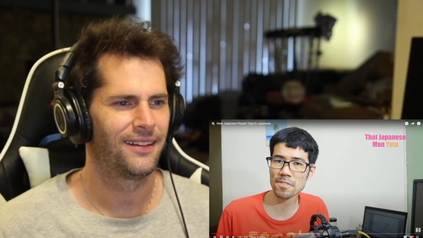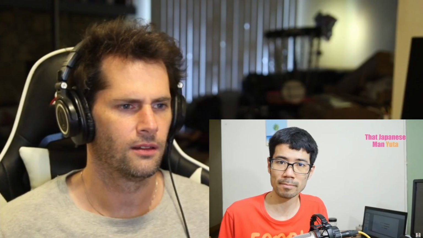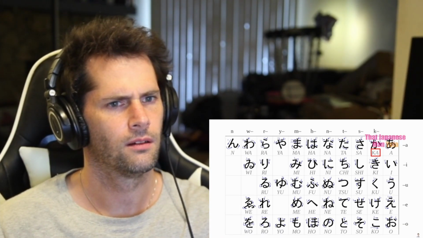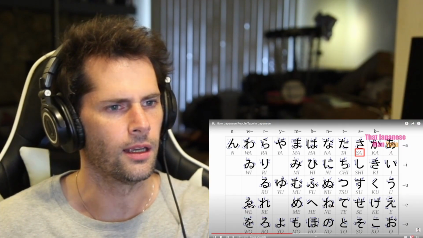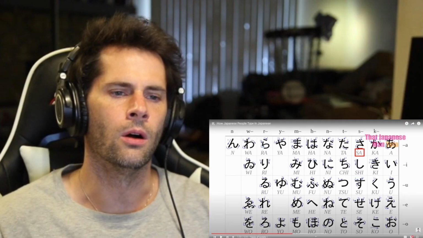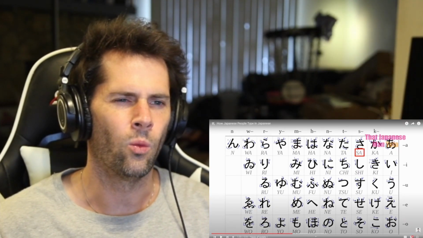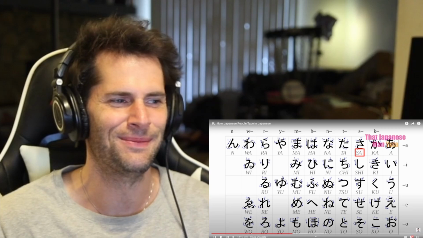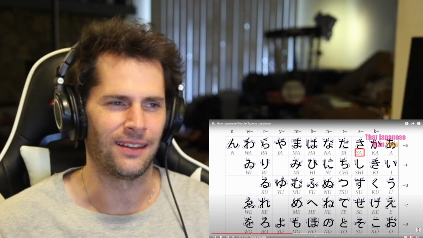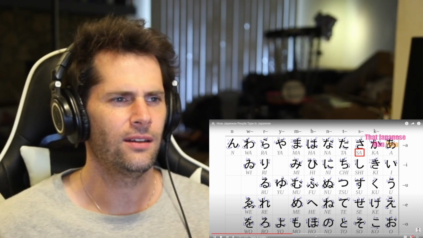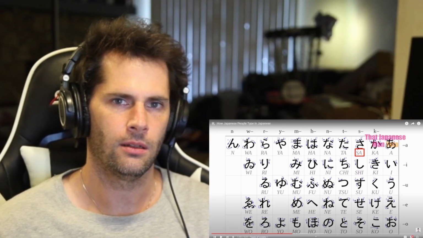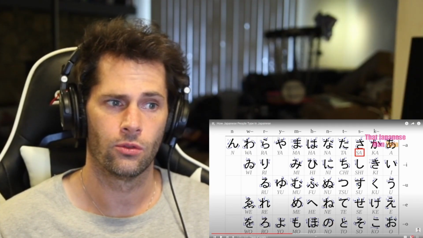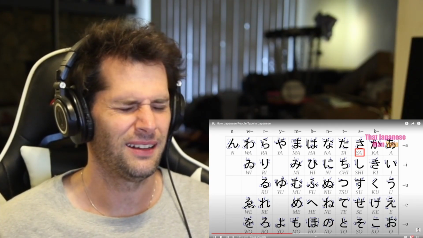Remember that you can write everything in hiragana. Well, typing in Japanese starts with writing everything in hiragana. And each hiragana can be represented by the English alphabet. For example, what? Really? Oh, wow. Wait a minute. I have a lot of questions about this. So, every Japanese character or Japanese symbol can be written with English letters. I didn't know that. Okay.